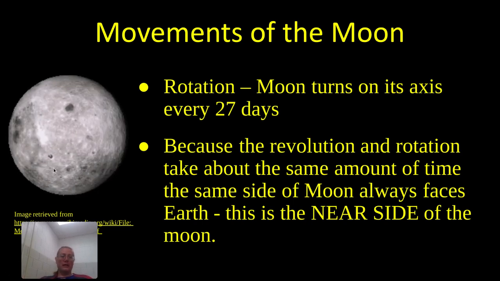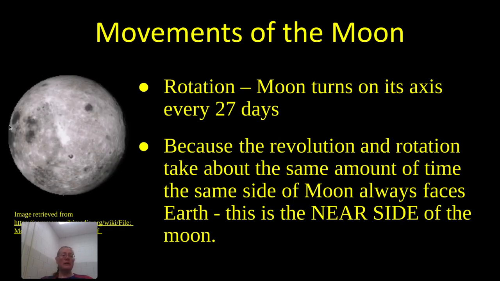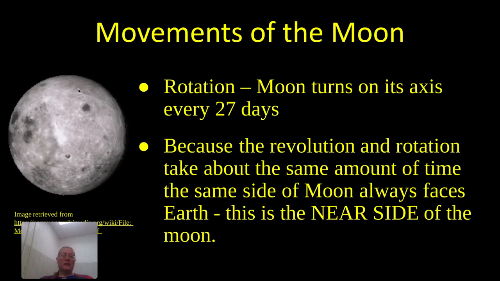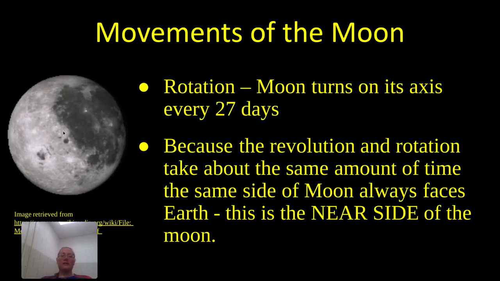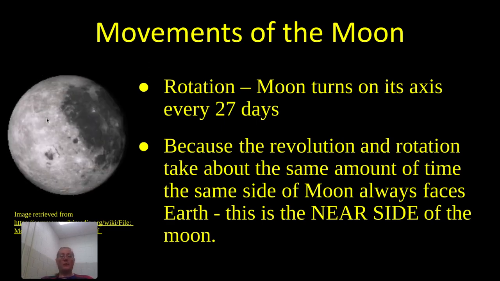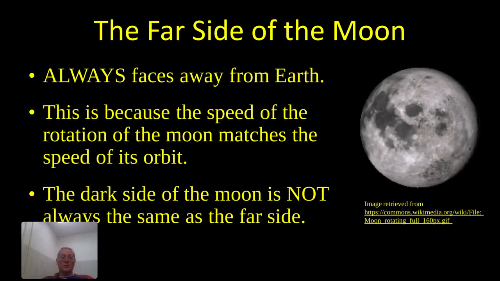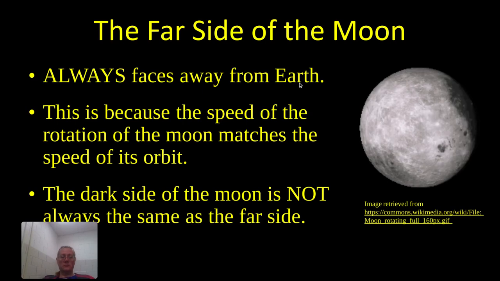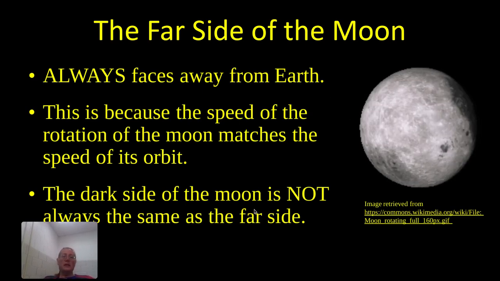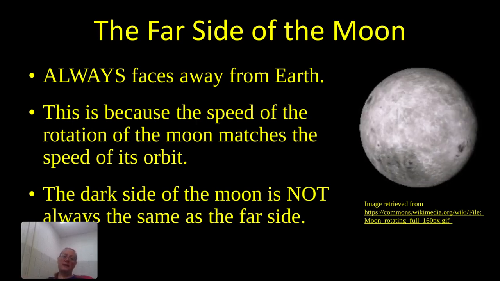So, as we are looking at this revolving, rotating moon, we will see this darker side, which is the far side of the moon. We do not see that side of the moon unless we are in a spaceship or a probe that is going around the moon. So, the far side of the moon always faces away from the Earth, because the speed of the rotation is matching the speed of its